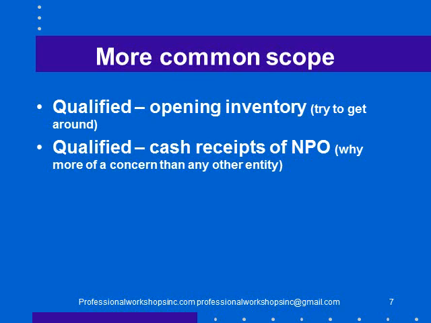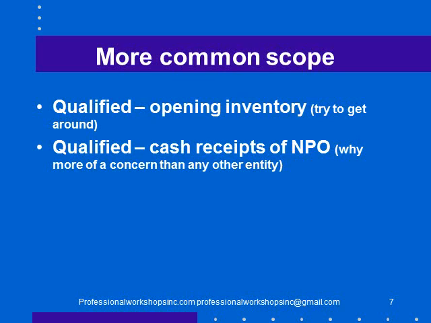And we're also going to have to check all the other opening balances. We have to check cash, we have to check receivables, payables, fixed assets, all that stuff. That's normally possible to do. Normally the only thing you can't do is go back and observe inventory. The other one that's common, and probably more common than it should be, is cash receipts of an NPO, completeness of revenue. And I don't quite understand that one.